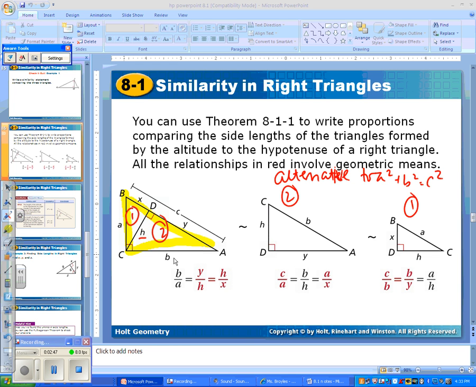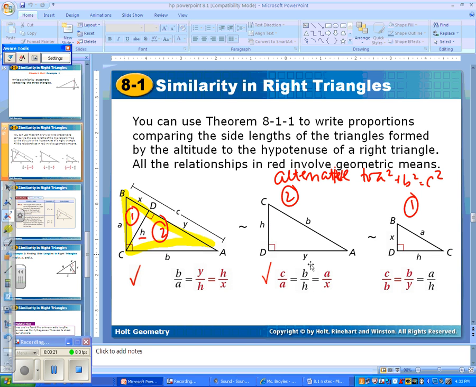So if you look, B over A has to be similar to y over h, and h over x. So I compared the two legs of all the triangles. Okay, so this works because of angle-angle similarity. The triangles are similar and the sides are proportional. Same if I compare the hypotenuse, C, with the shorter leg, A. So C over A has to be similar to B over H. B over H has to be similar to A over X. So again, this is another set of proportional